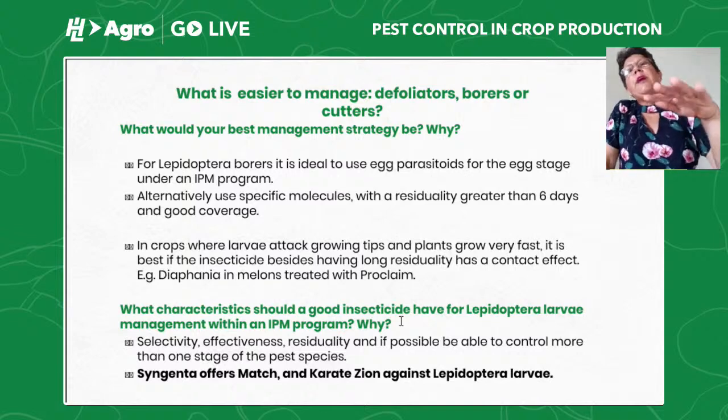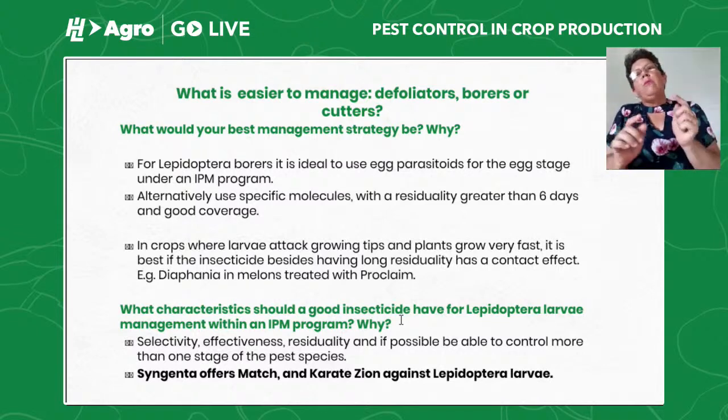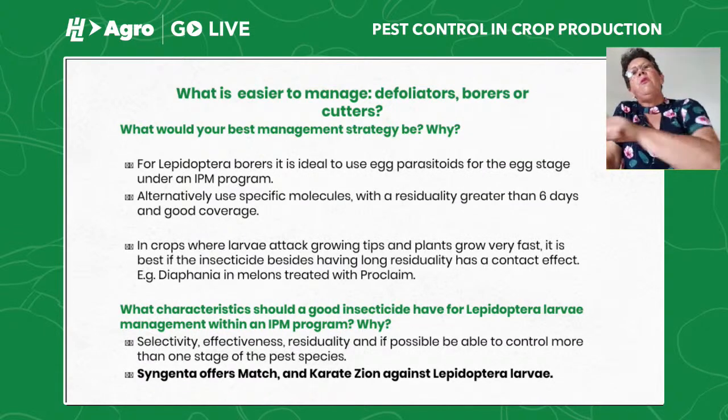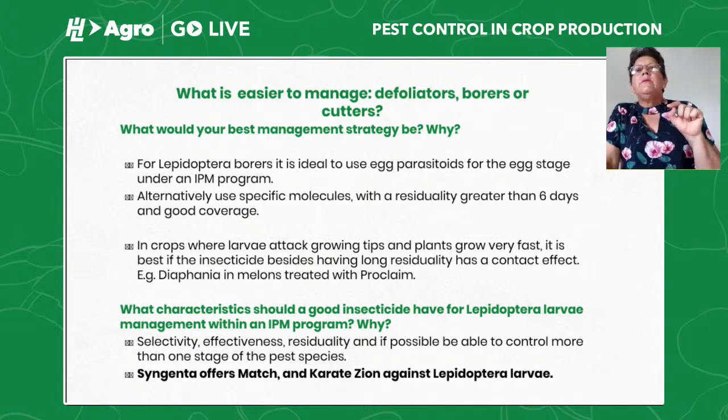What you spray today is not covered tomorrow, because melon has a stage where it grows like 6 inches in one day. What was covered yesterday is no longer covered, and that's where the moth is going to lay the eggs. So in that case, it's very useful to use an insecticide like Proclaim from Syngenta that lasts 7, 8 or more days in the crop, and that also has contact